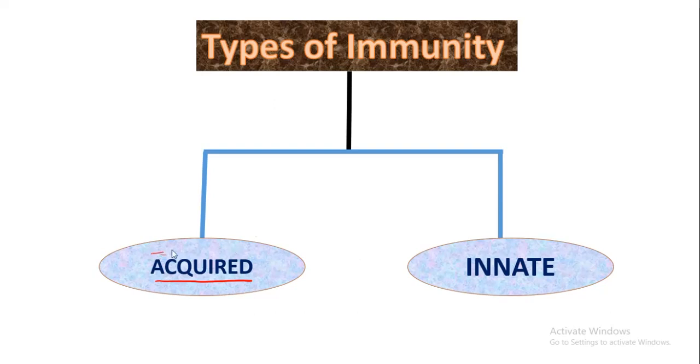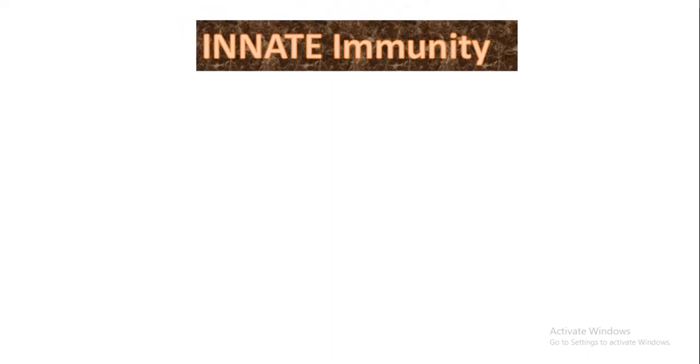I'm going to explain that in my next class, but this is where I'm now going to focus most. So what is the innate immune system? You need to understand that a human being is born with a certain type of immunity, and this type of immunity is called the innate immune system. So the innate immune system is the type of immune system which a human being is born with.